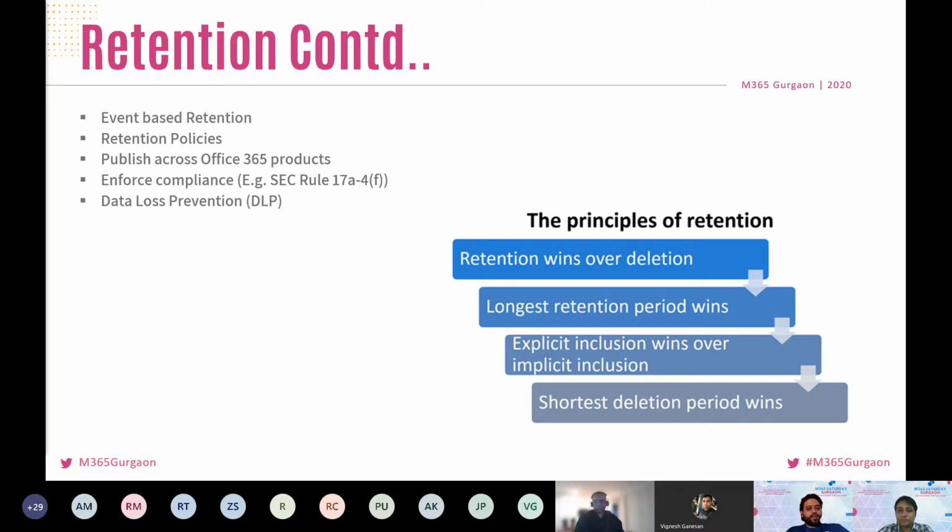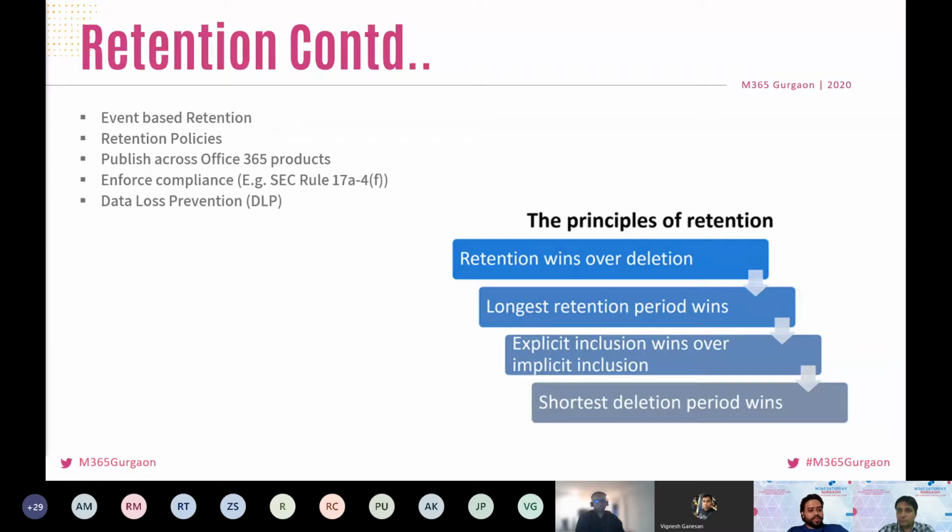Yeah, so in event-based creation, there are 3 steps basically. We need to create an event type. An event type is nothing but just a title and description to define an event. It is just a placeholder, which we can then utilize in defining a retention label, like what type of event I want to associate it with. And then third, we need to actually create an event where we will provide the actual date or the settings of the event, like what the event exactly is. Then comes our retention policies. Okay.